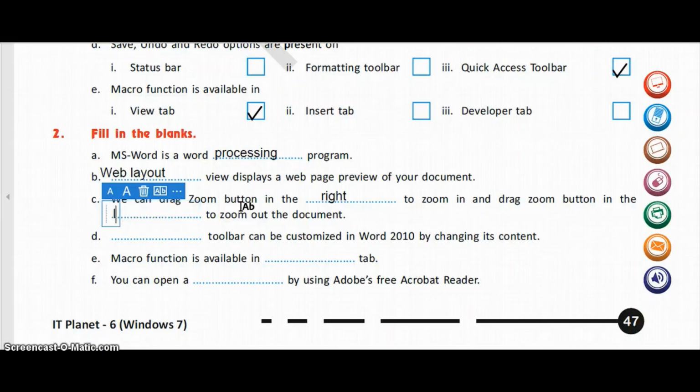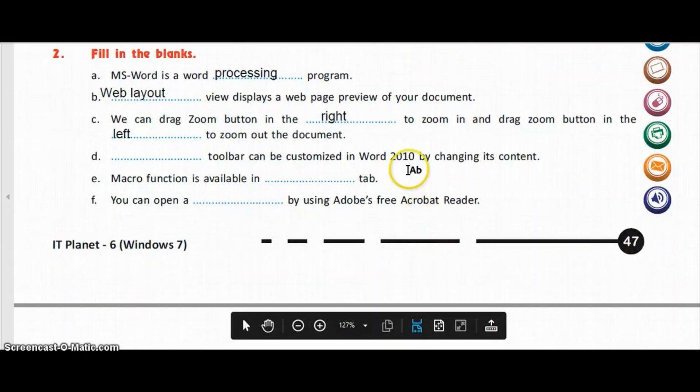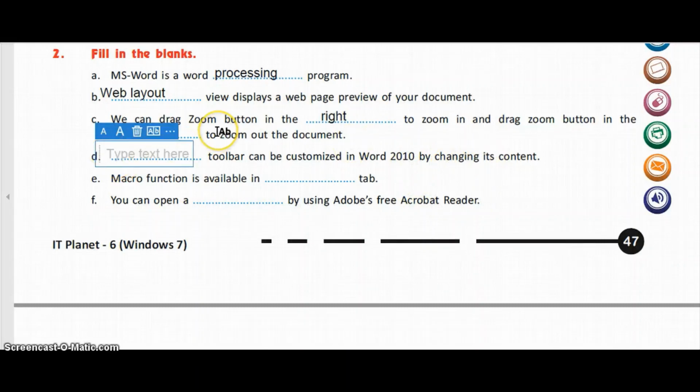When we move the zoom button towards left, the viewing size will be decreased, and when we move it towards the right, the size increases. Now dash toolbar can be customized in Word 2010 by changing its content, and it is quick access.